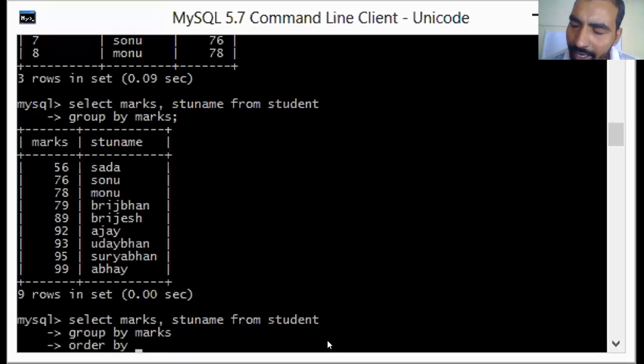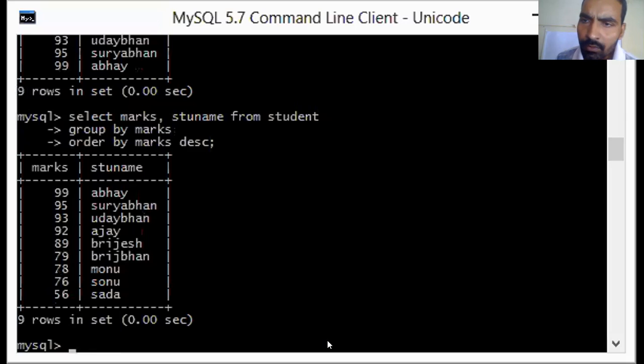Marks in decreasing order. So let us write marks DESC. Press the semicolon and press enter key. Now can you see? Yes, sir. Now you can see your marks are displayed. Group by function is there, and marks are displayed in descending order.